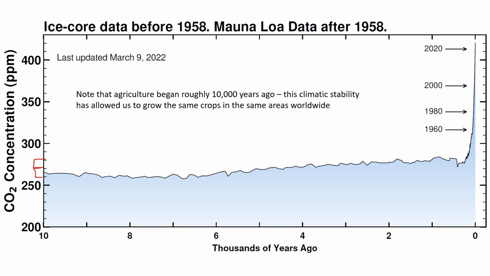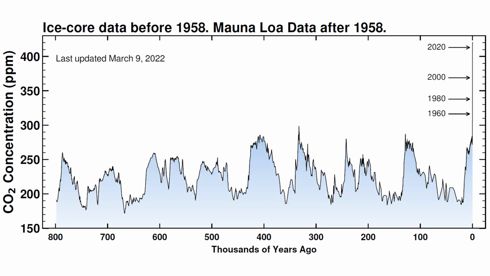Again, note that this is throughout our agricultural history. This is why we've been able to grow the same crops in the same areas over the past 10,000 years: it's been a more or less stable carbon dioxide concentration, which makes a more or less stable climate. And then what do you think is going to happen to our more or less stable climate as we increase carbon dioxide? How is that going to affect agriculture? Well, we can use the ice ages as a proxy for that, possibly in one sense,